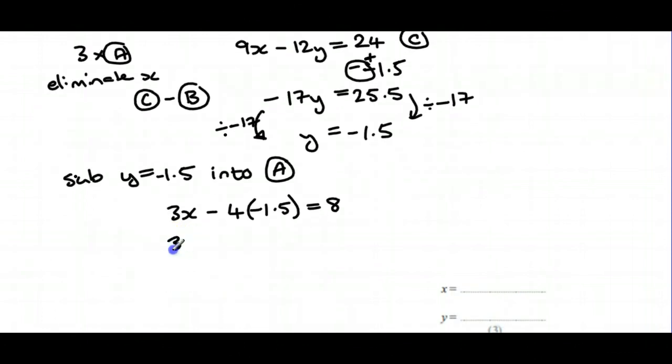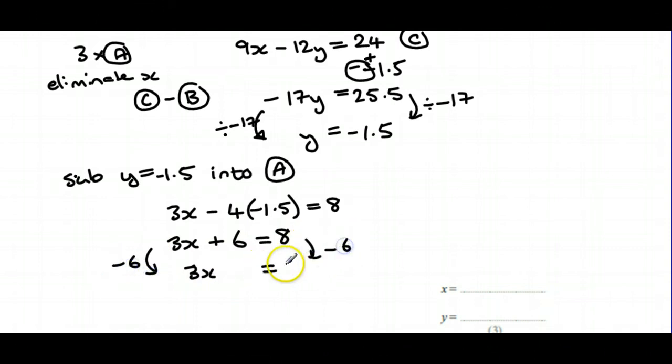So let's have a look. That must mean that minus 4 times minus 1.5, well, two lots of 1.5 would be 3, so 4 of them will be 6. And negative times a negative is a positive. And then if I solve this equation by taking away 6 from this side and taking away 6 from this side,